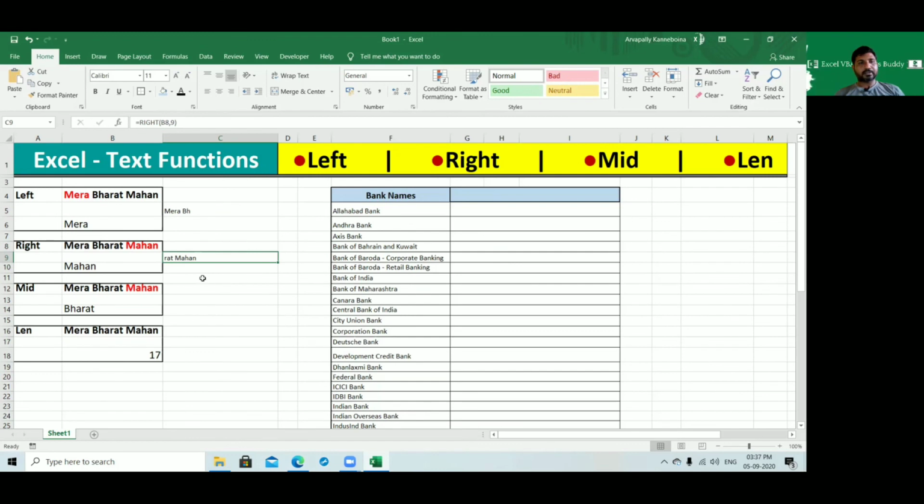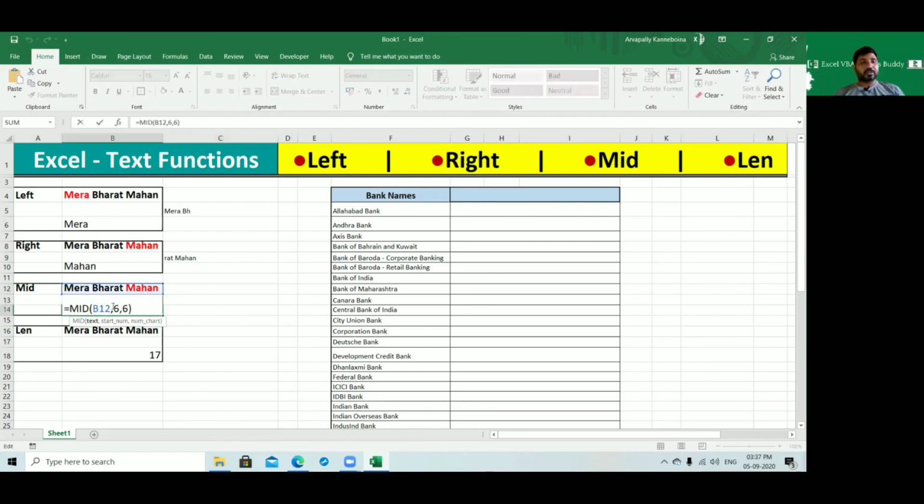Next is mid. This is different from both the left and right functions. Mid means the center of the text.